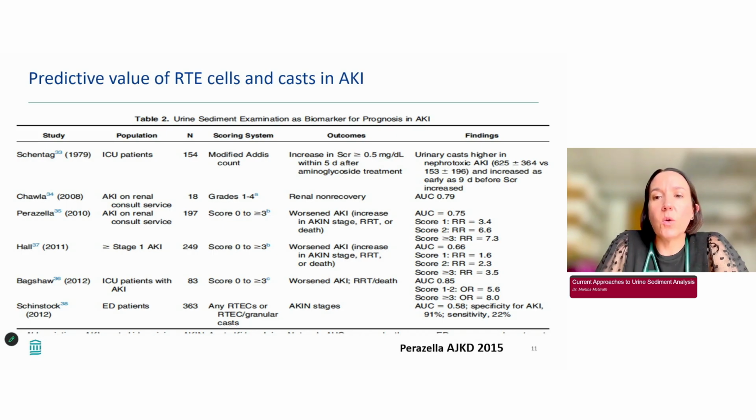So if we go back to this quite old study from 1979, this was ICU patients, and those that showed urine casts had higher rates of worsening kidney injury. Similarly, the Chawla paper, the Perazella paper, in itself, these scoring systems had an AUC of about 0.7 to 0.8. However, if you look at Schinstock's study of patients in the emergency room, this was a larger study of acute kidney injury patients, and this had quite a low AUC, which was specific for acute kidney injury, but with low